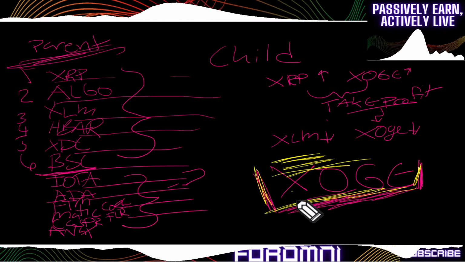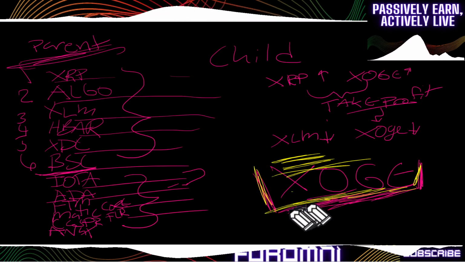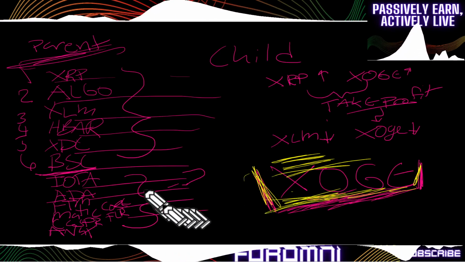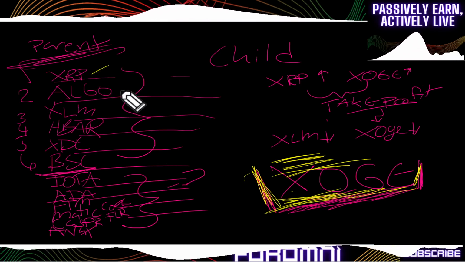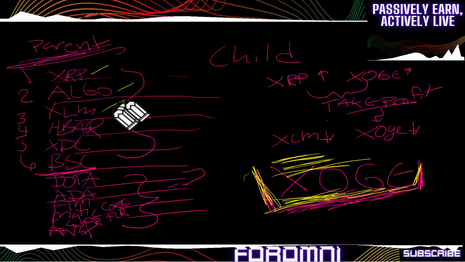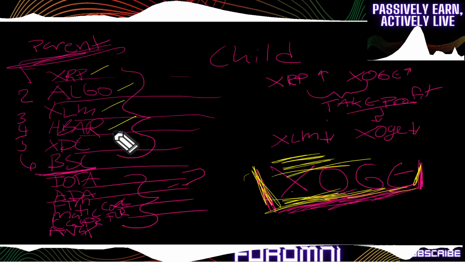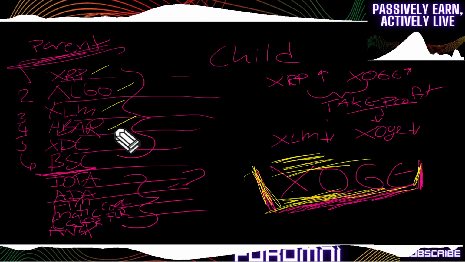Not your keys, not your crypto. Oh well, hey, these are your keys, so it's your crypto. This is one of the safest investments, Xoge, right here. And all the work is done for you. You just got to learn how to do it, because they started at XRP and proved themselves, went to Algo, proved themselves, went to XLM, further proved themselves, went to Hbar, really proved themselves, and then Hbar is kind of a whole other story. We'll get into that later.